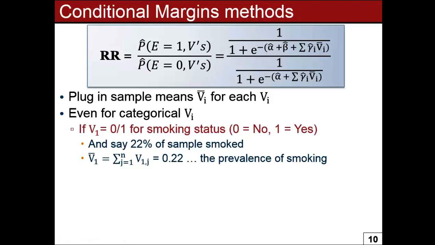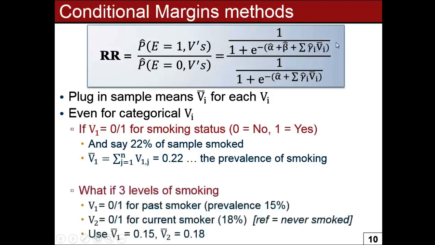The weird thing is that, often, as we've dealt with, the V's are categorical. Right, 0, 1, smoking, not smoking, or whatever. Here's the example of smoking, not smoking. So if 22% of the sample smokes, then the mean of that is 0.22, right? 22% of the data is going to have a 1. The other 78% is going to have a 0. So the mean of that column of zeros and ones is going to be 0.22. That makes kind of sense because 0.22 is the prevalence of smoking, in some sense. You're going to plug in 0.22 for the V bar, but